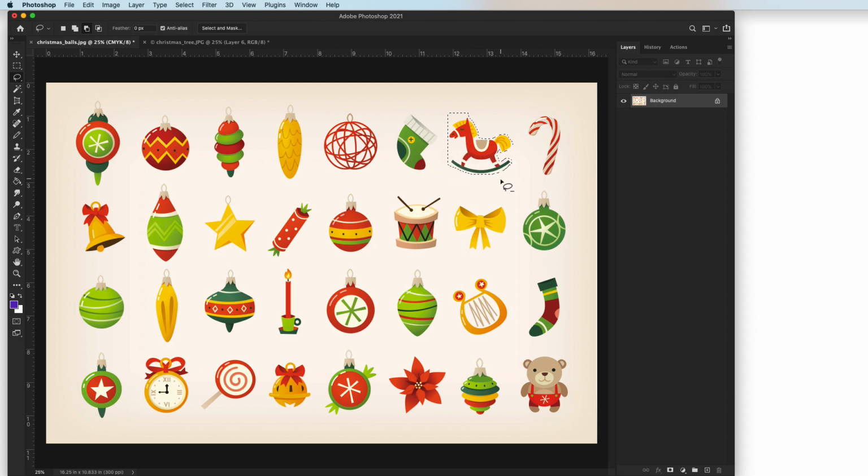So there we go. One more time. And there we have it. But you want to get as much of the background out as possible because you've got